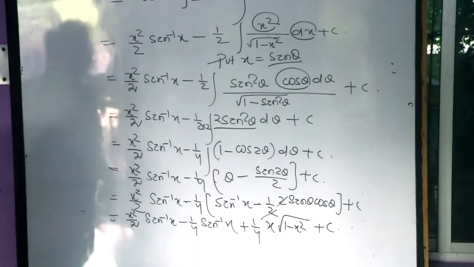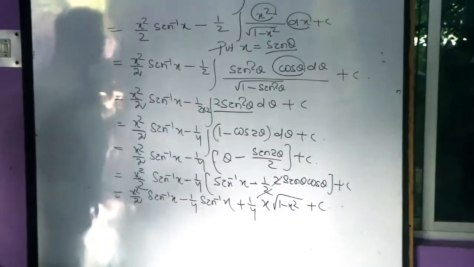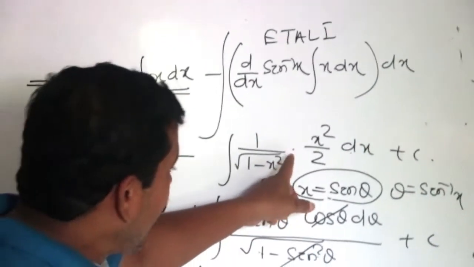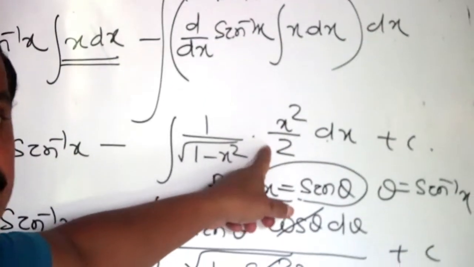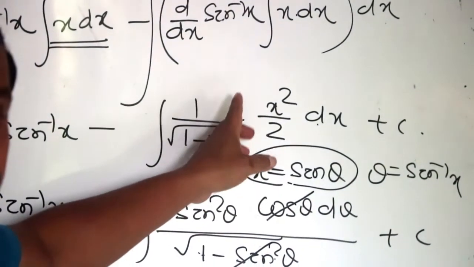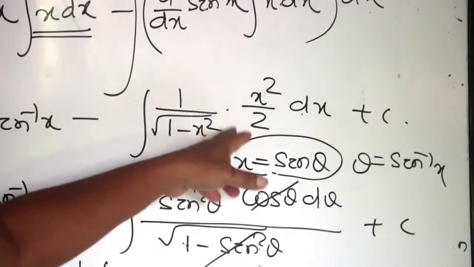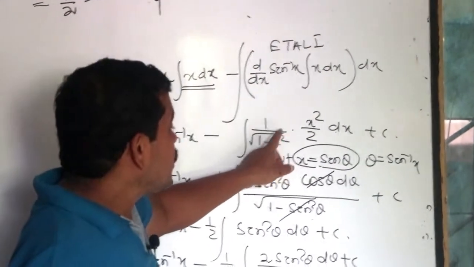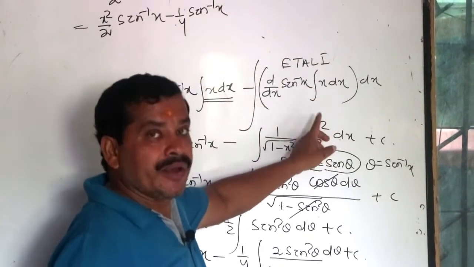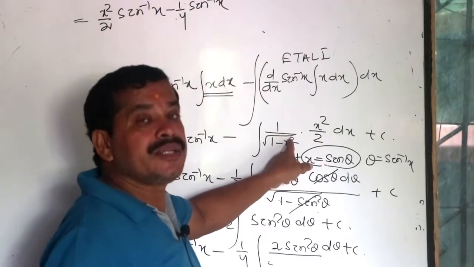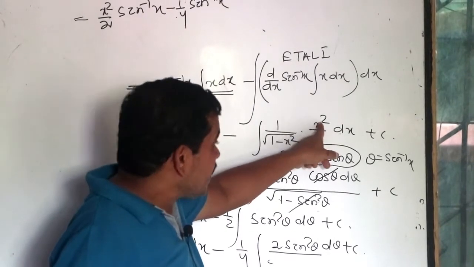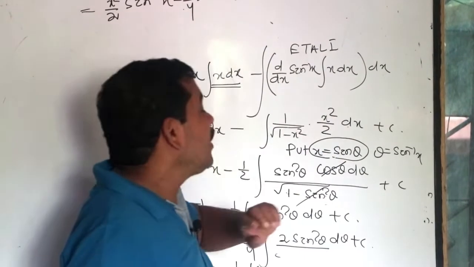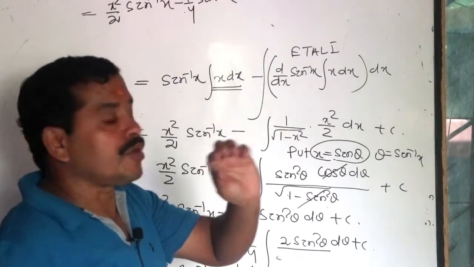That is a very good example of integration by parts. This is also an important problem. We have to evaluate this type of integration. This type of integration is evaluated by the method of substitution, that is, by substituting a trigonometric function. Because here it is root over 1 minus x square, we cannot put 1 minus x square as t. If it were x here, then we could take 1 minus x square as t. Since it is x square, we can use the trigonometric substitution.